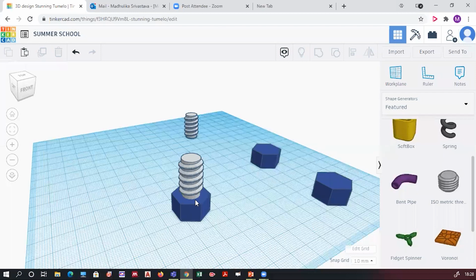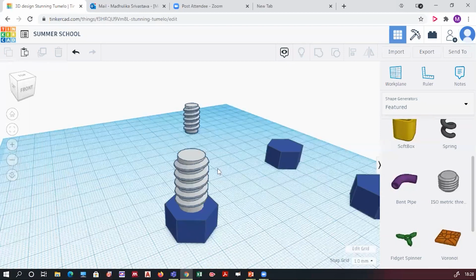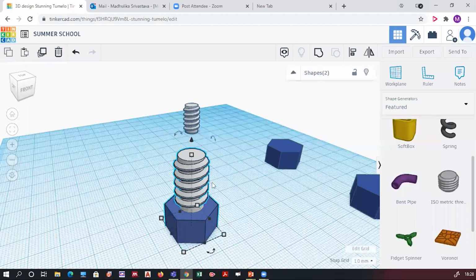Alignment again, okay, align option I will repeat. Just let me complete this first. Just select one object, second object. Now these two have to be part of the same body. If I have to join multiple objects to make it a single body, what will I do? I will select one object, shift key, second object. And where you saw this align option, you will get a group option. The third option from here is the group. I'll group them together.